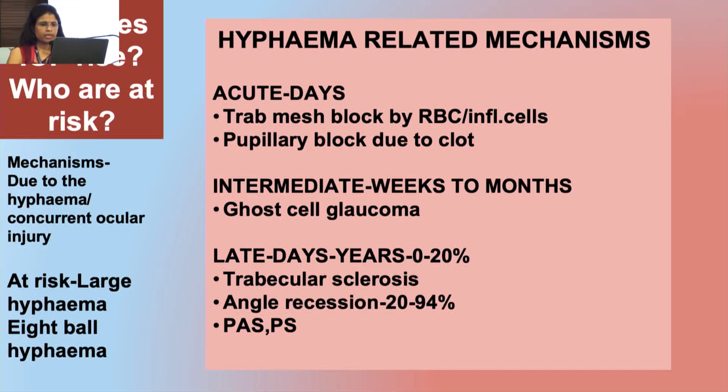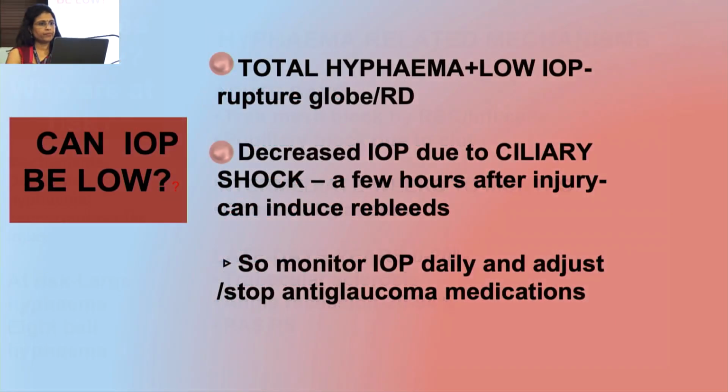In the intermediate phases due to Ghosal glaucoma, and later on due to things like trabecular sclerosis. And those with large hyphema and 8-ball hyphema, etc., are at more risk. And can IOP be low? Yes, it is ominous if IOP is low in a hyphema, because in an acute injury, if you have hyphema,